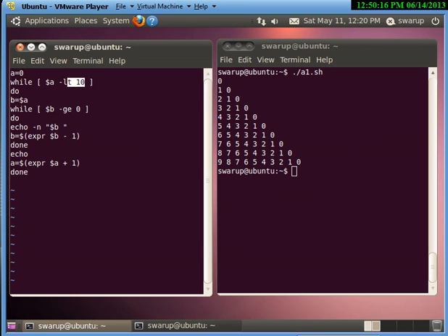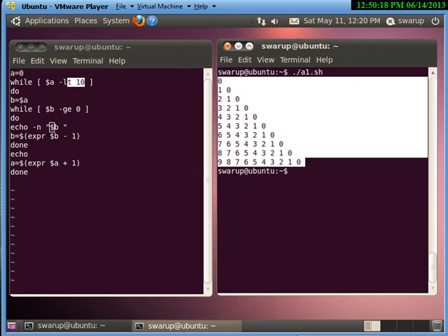In this way we would get the whole of this descending order triangle, and by virtue of this nested while loop we have been able to learn how to make use of the nested while loop.